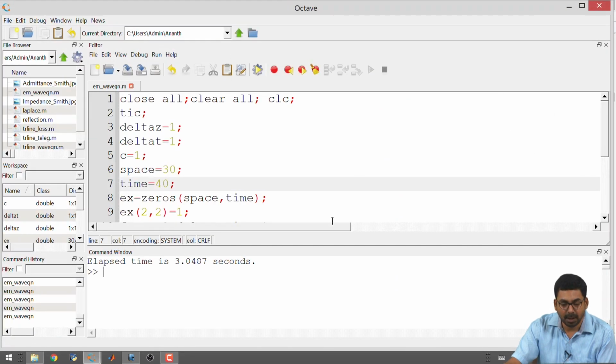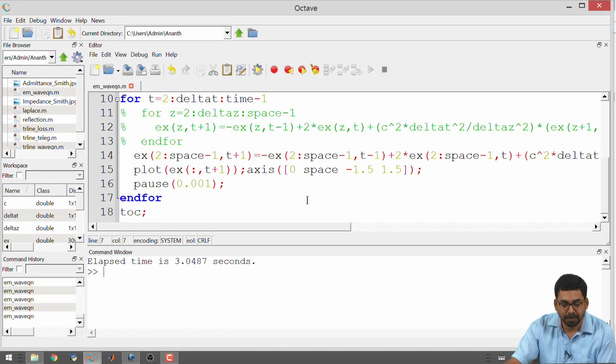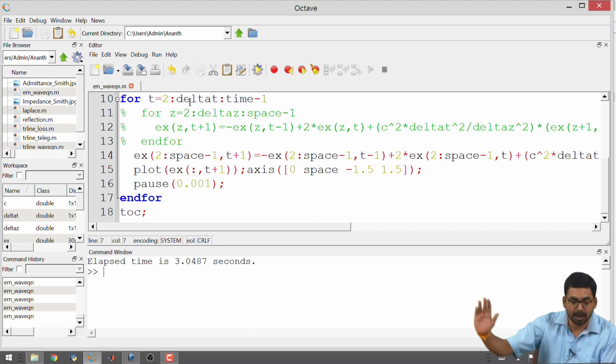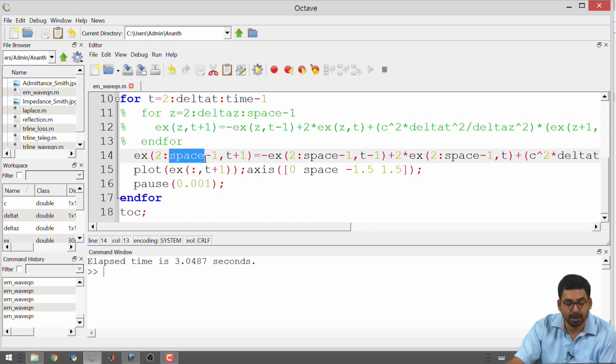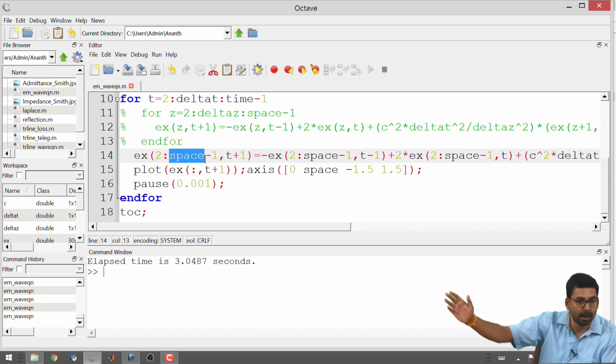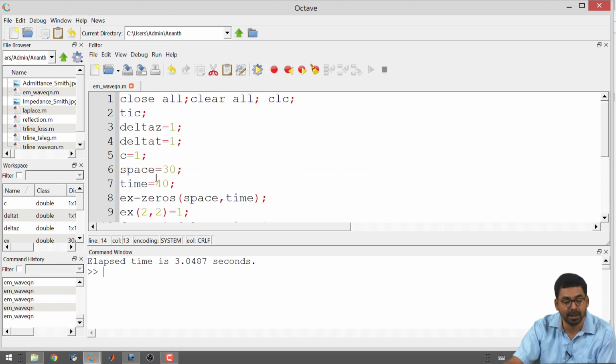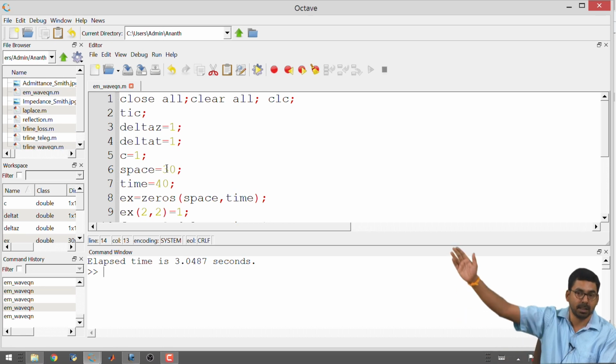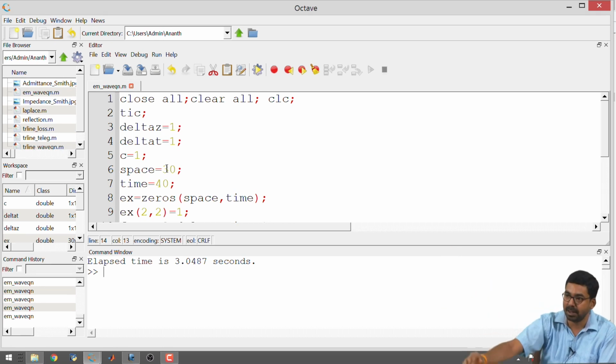So, if we look at what we are doing in the program, we will be able to notice that on the right hand side, which is space, which is what we are calling it, it is number 30. In the way we have defined it, the number of points that you have is 30. At the 30th point on the right side is your right extreme of the graph.